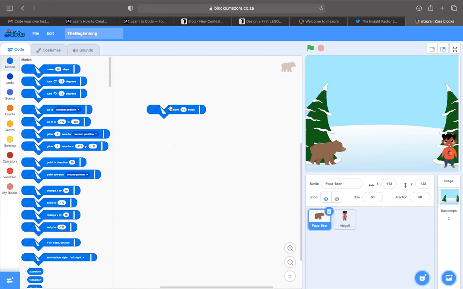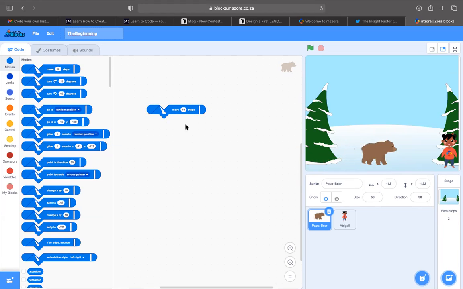All right. So we want, for instance, the bear to move 10 steps. If I click on the bear, it's going to move only 10 steps. If I click not on the bear but on the move 10 steps block, it's going to keep moving.